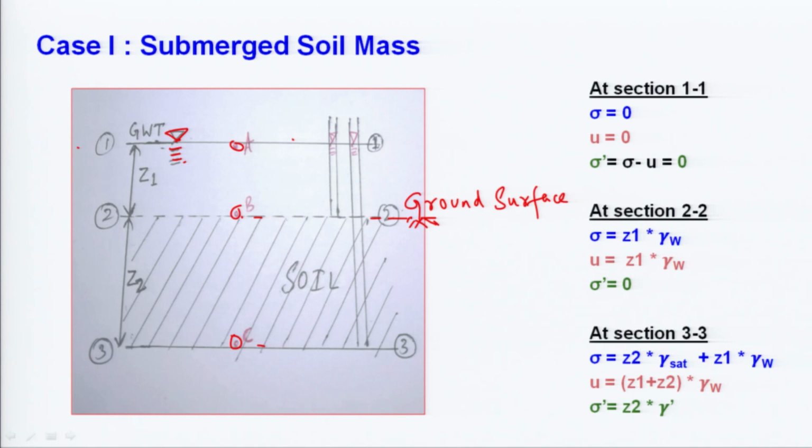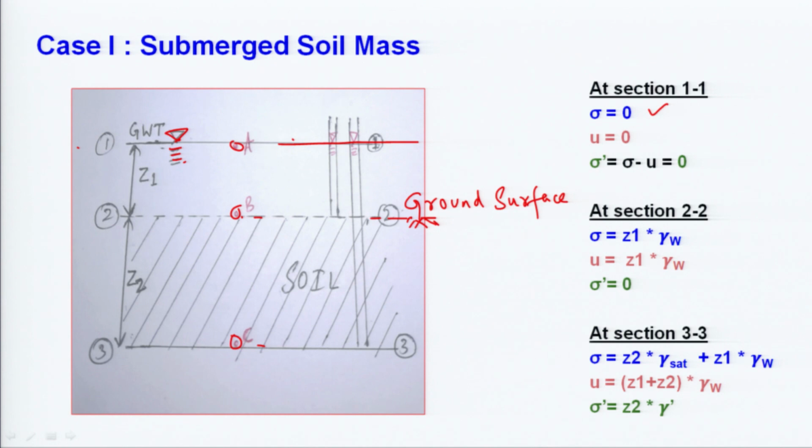So, see here, that total stress is 0 at the very first section. Can you tell me how? Can you think how? Now see, what is the total stress? Total stress we discussed had two components, the very first one was the overburden pressure. Can you see any load applying here? No, there is no load as such. So, no extra load is here, so surcharge is 0. Second thing, is there soil above this section? No, there is no soil above this section. So, the total stress comes out to be 0.